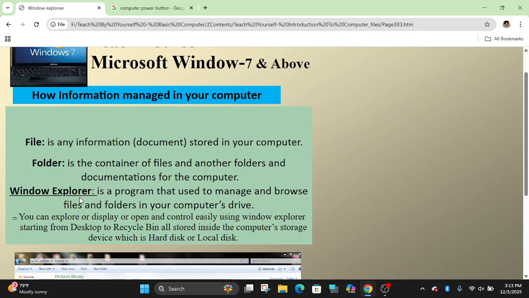The same applies to mobiles or other related digital devices, where it is possible to use My Files, or download File Explorer from the Play Store, and we can control easily. You can explore, display, open and control easily using Windows Explorer or File Explorer. Starting from the desktop to the recycle bin, all is stored inside the computer storage device, which is the hard disk or local disk.